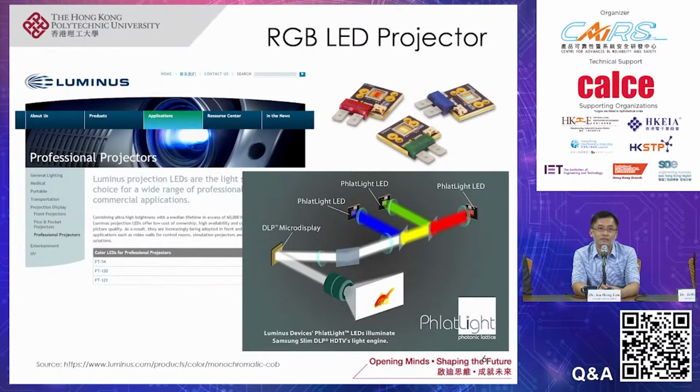You can see that the white light is obtained from the three primary colors. We have a micro display there, which is basically an array of mirrors that choose to reflect just the right amount of red, blue, and green light to the screen to create different images. To maintain a high image quality, of course, we understand that the three primary color LEDs need to provide a stable luminous flux. Therefore, as they age, we need a mechanism to ensure that the luminous flux emitted by these three primary color LEDs remains constant.